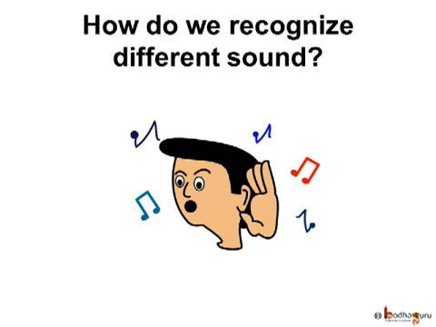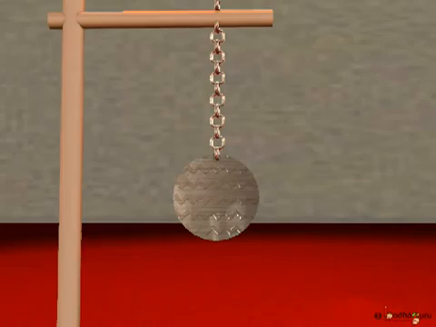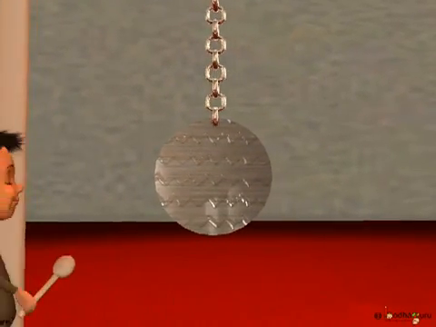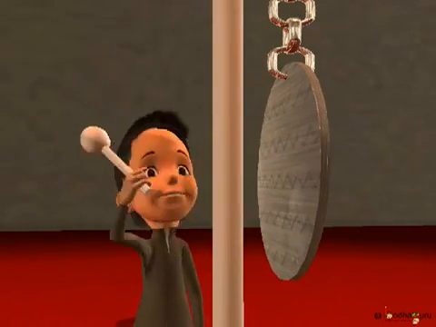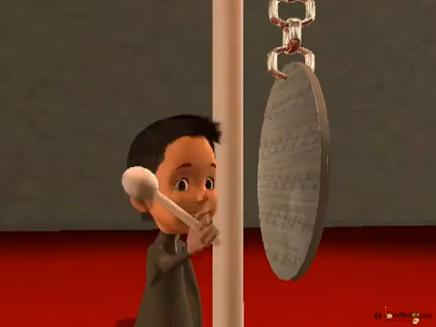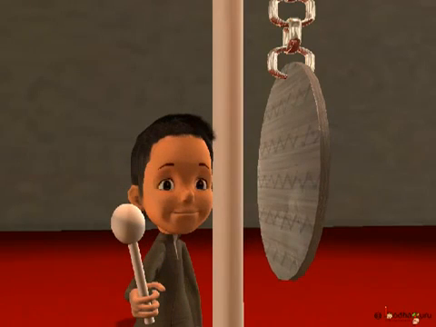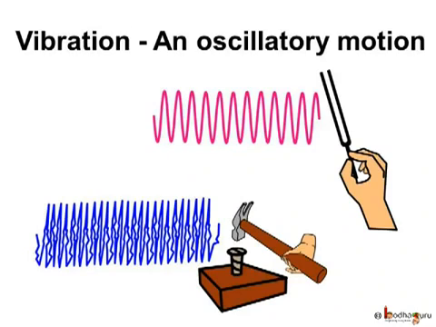So, why is this difference there? These sounds must be different to enable you to recognize them. Have you ever thought what factors make them different? Let us find it out. We already know that the sound is produced by vibrating bodies. The to and fro motion of an object is known as vibration. We also know that the sound propagates in the form of a wave of vibration which moves from the source.